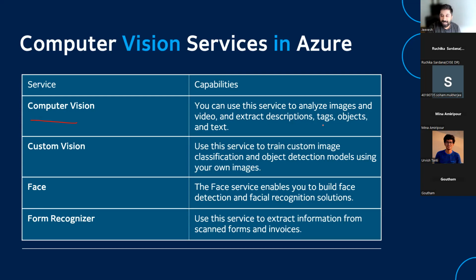So when you give in an image or a video and you want some summary out of it, and when you want to know what the tags are, tags are basically the features, right? For example, if I give this video right now to computer vision, it's going to obviously take a lot of time to process. It's a long video. But the reply will be, I feel that the video that you passed was about someone who was talking about AI-900. So that's the kind of expected response you might get from computer vision.